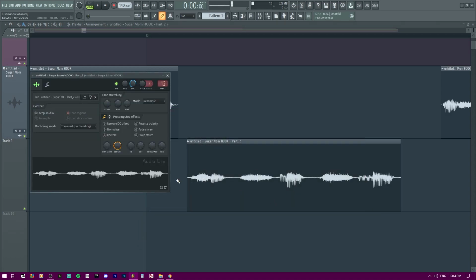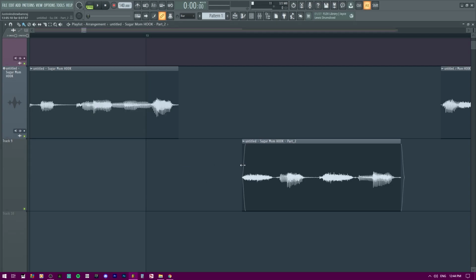And then we go ahead and change the declick to generic and then drag this to where we wanted it, where we had it, whatever. It doesn't even matter, it's just an example. But that would be the way to do it afterwards, is to make unique as sample for a longer file and then trim it down to where you want it to be.